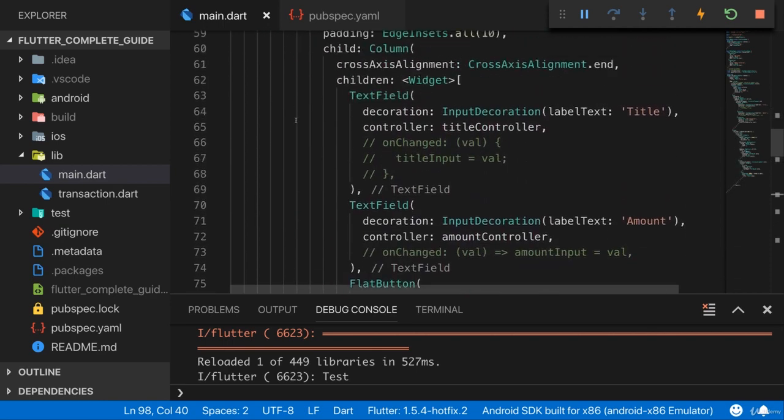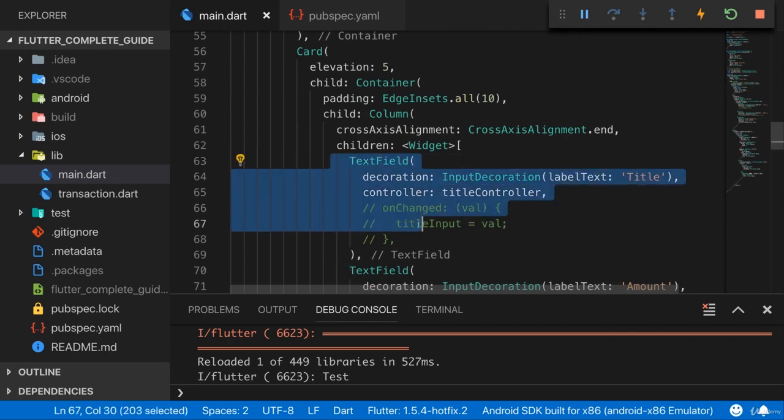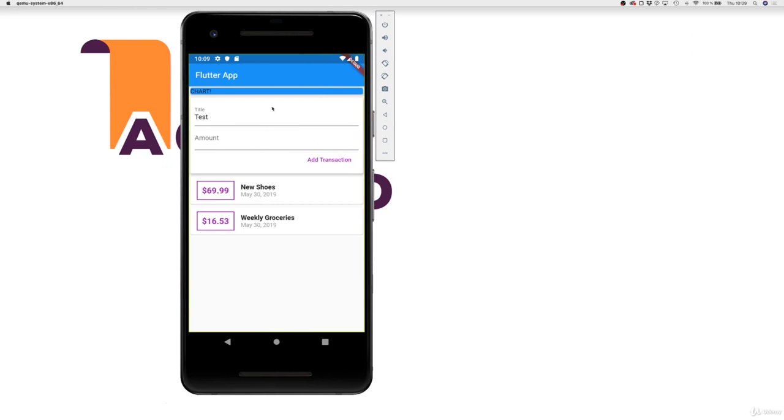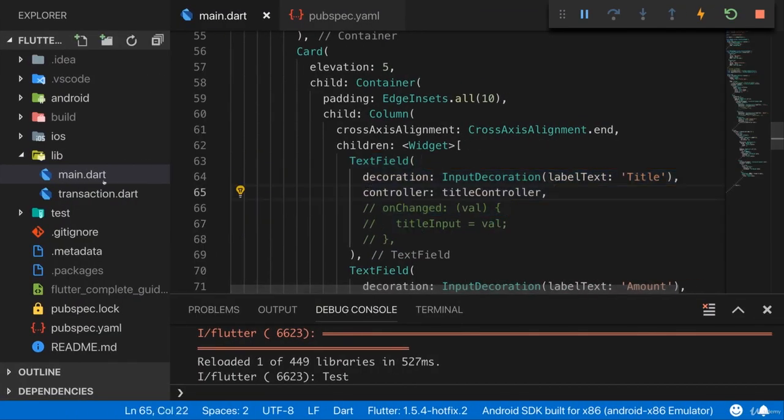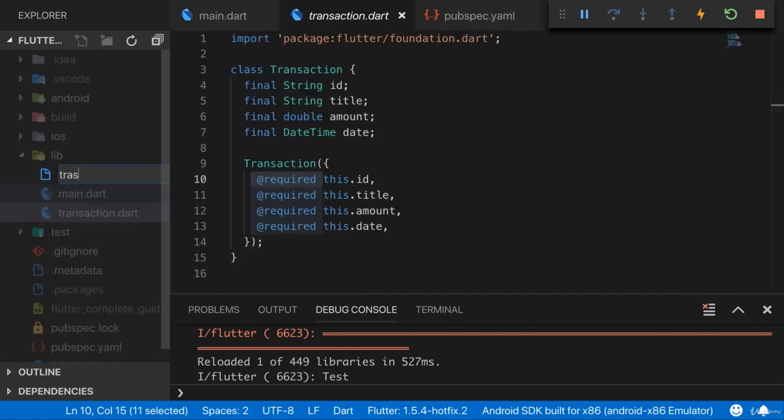For example, here, the part where we handle the user input, that is where we get the data for the new transaction. But of course, this box up here doesn't change just because we added a new transaction. In this box, we don't show the new transaction. So there is no need to repaint this with every new transaction we added, or with every change in the transactions list in general. So it would make sense to have that list of transactions in a separate widget. And therefore, let's create a new file here, which I'll name